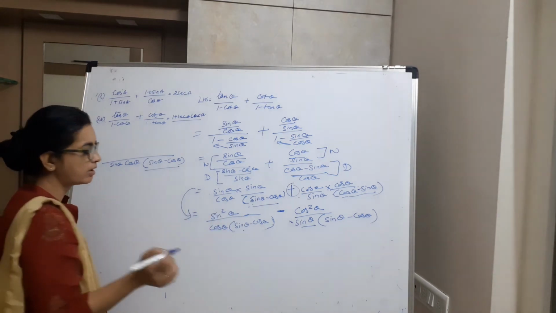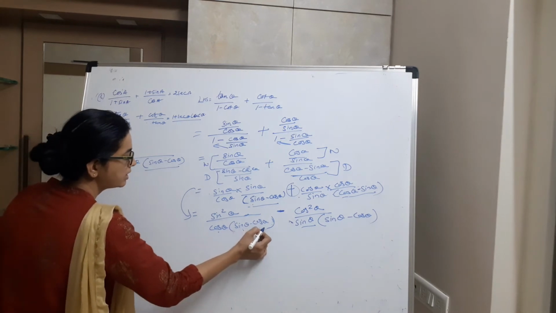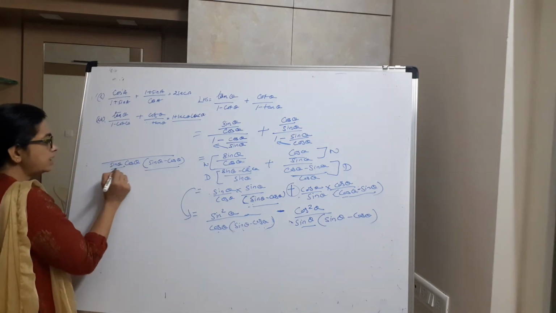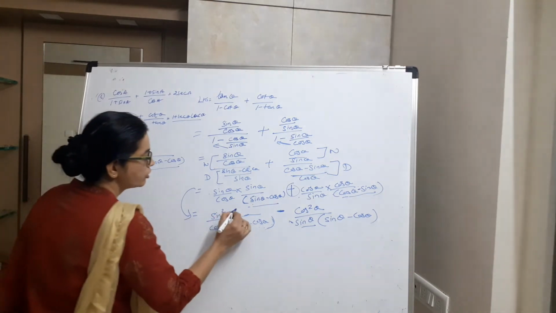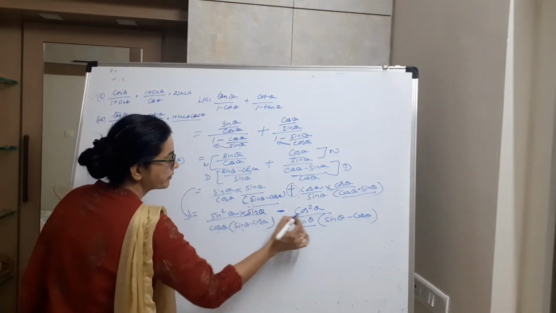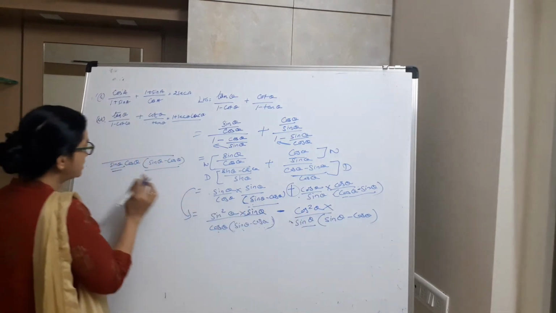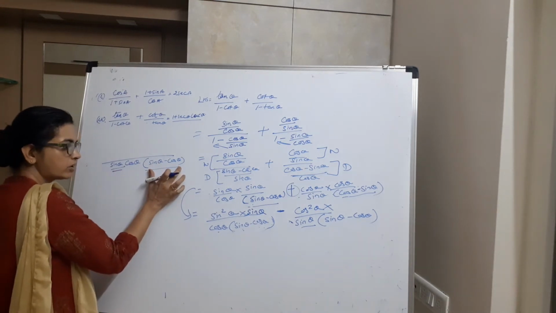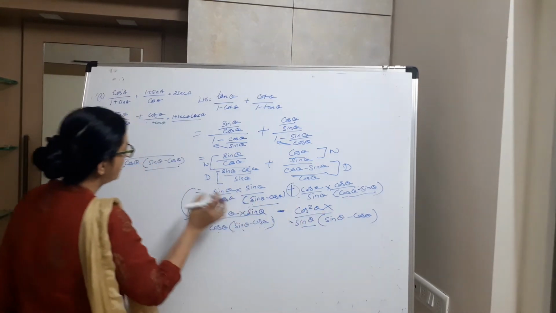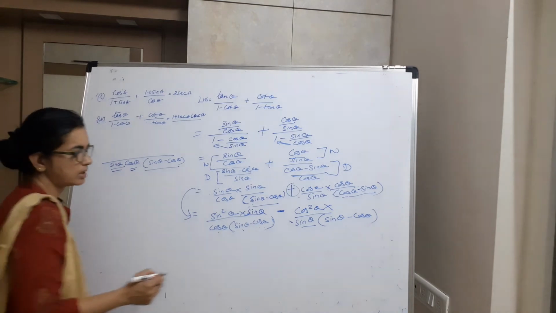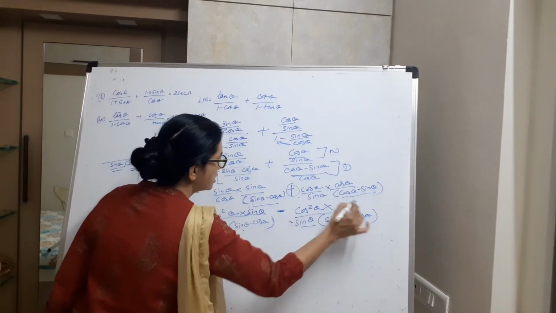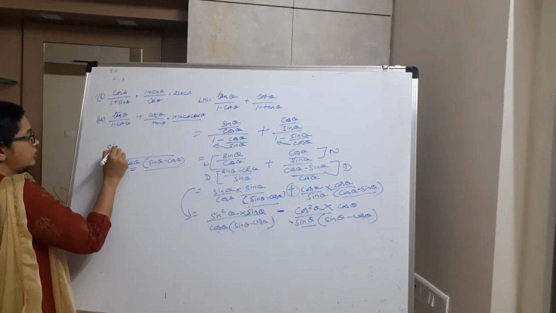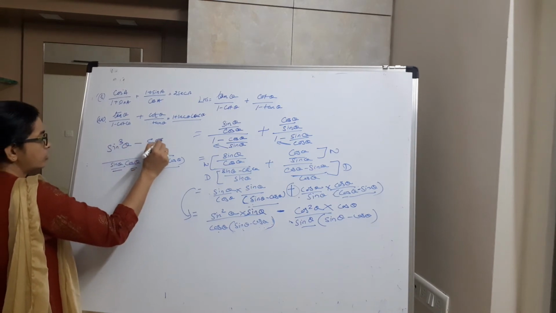So, least common multiple. And what now? In the numerator, be careful. Here cos theta, sine theta minus cos theta is there, but what is missing? Sine theta is missing. So multiply it with sine theta. Similarly, here sine theta is there, sine theta minus cos theta is there over here, but what is missing? Cos theta is missing. So multiply by cos theta. You get sine cube theta minus cos cube theta.